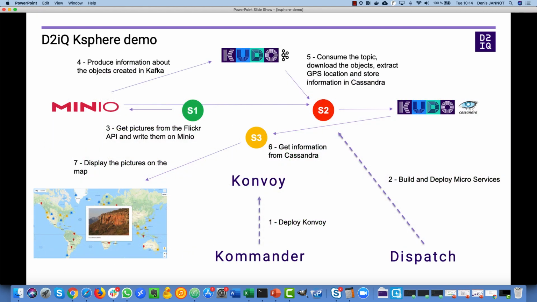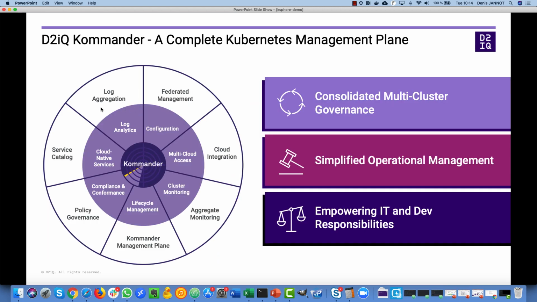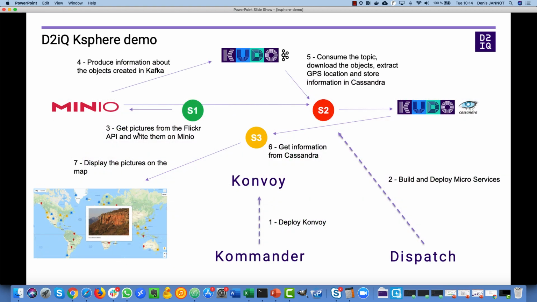So if we look at the demo, what we are going to do is that using Kommander, we will deploy a new Konvoy cluster, and then we will deploy on this cluster several software we need, like Kafka with KUDO and Cassandra with KUDO, a Minio cluster as well, and we'll use Dispatch to build and